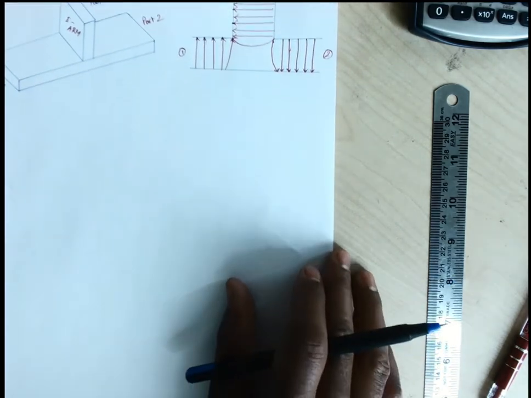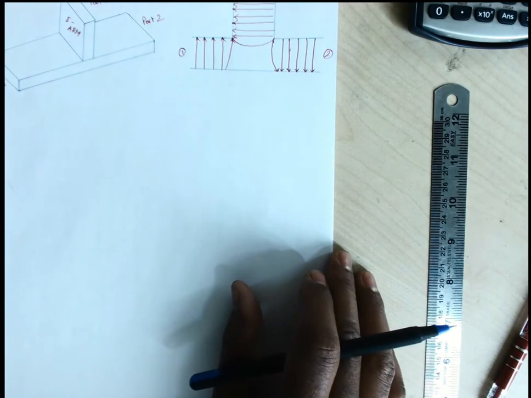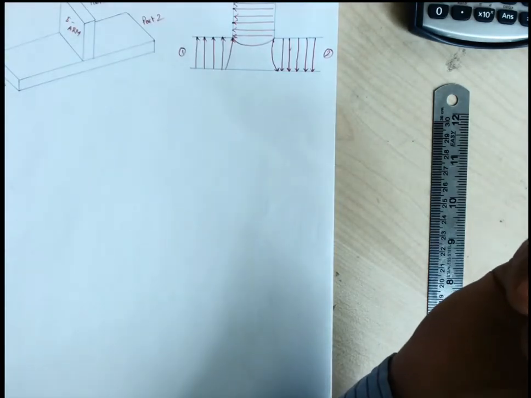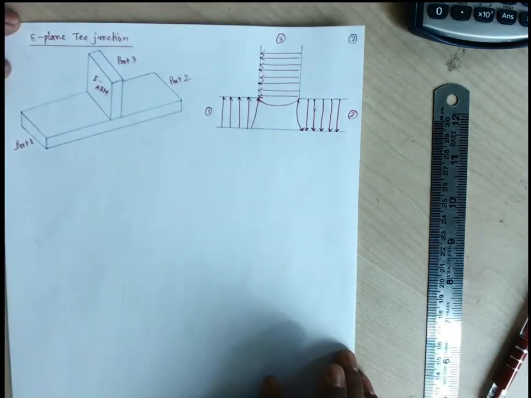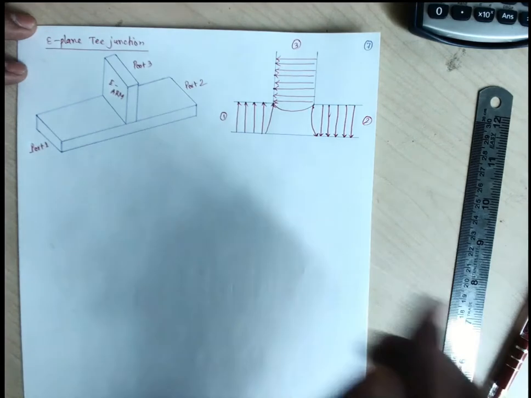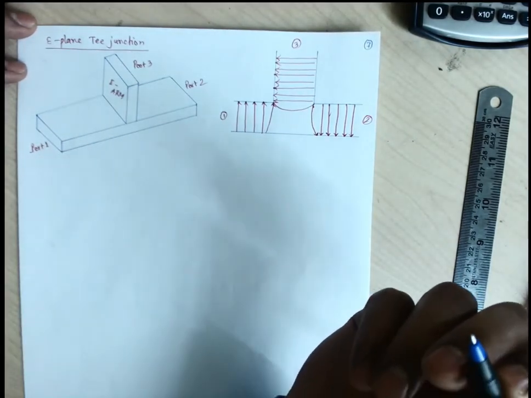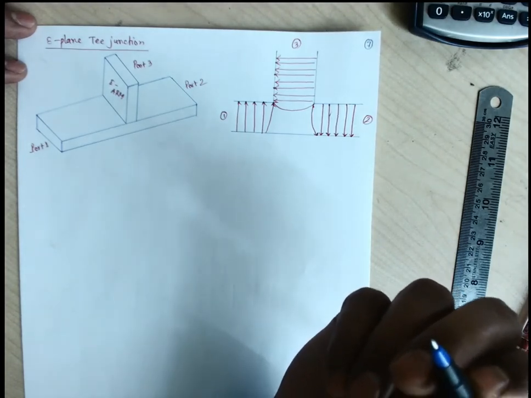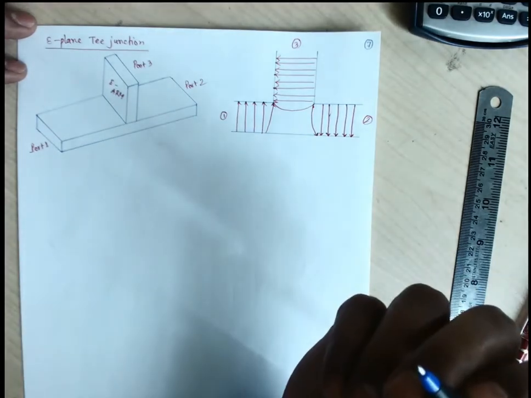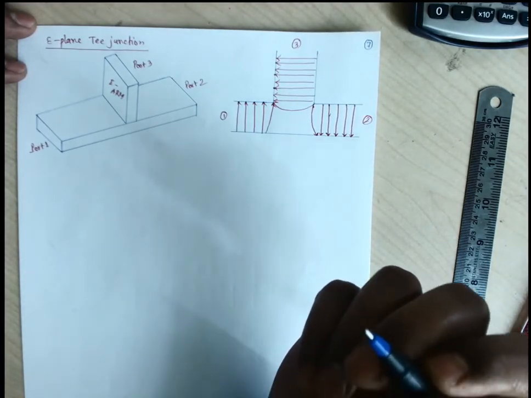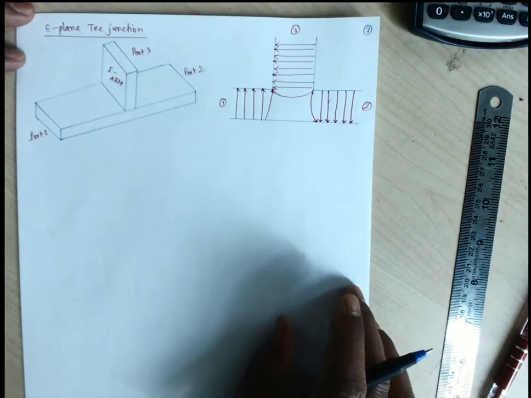So how can we identify this E plane T? If a rectangular slot is cut along the broader dimension and a side arm is attached, then we can say yes, it is the E plane T junction. For the H plane T, along the width a slot was cut and a side arm was attached, but for this E plane T junction, along the broader dimension a slot is cut and a waveguide is attached.